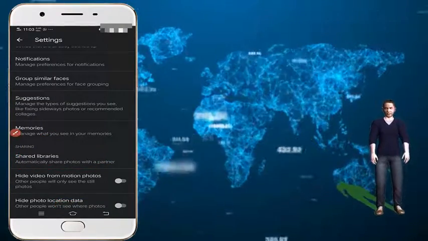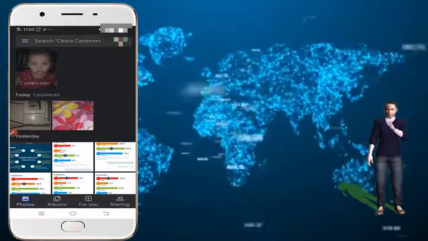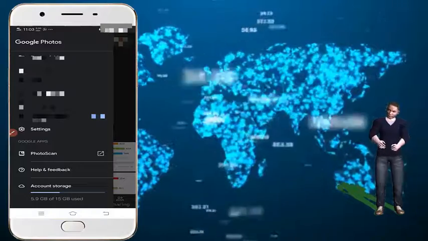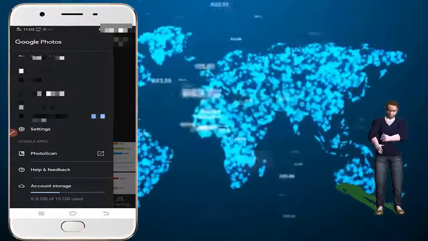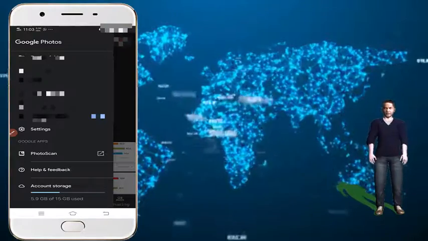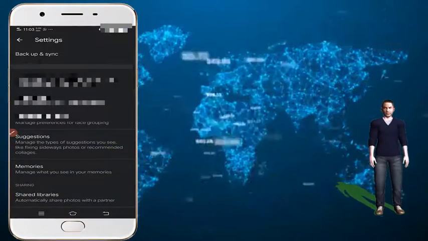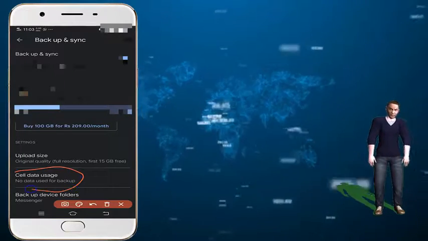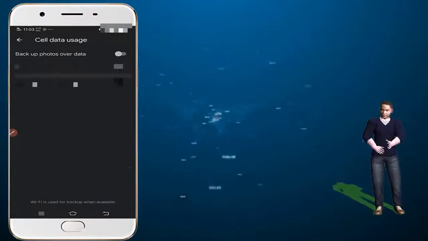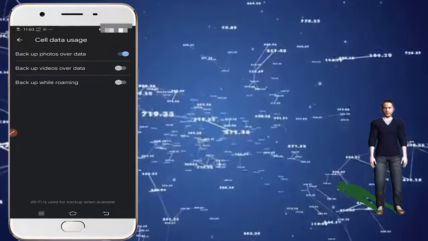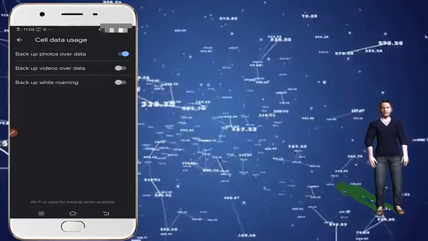My second tip is also really important, and you must check it before backing up your videos and pictures. For this you also have to go to the settings, and then the first option is backup and sync, and there the second last option, cellular data backup. If you turn on this function, then if you capture any picture or video and you are outside,